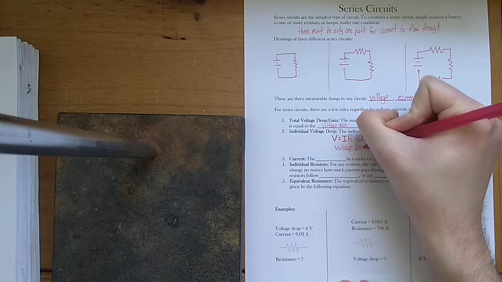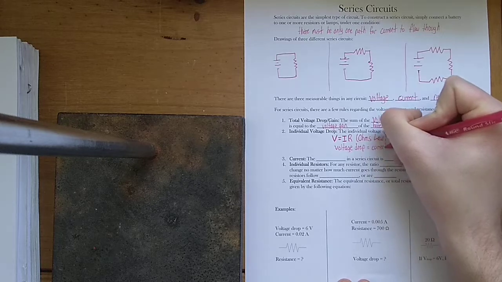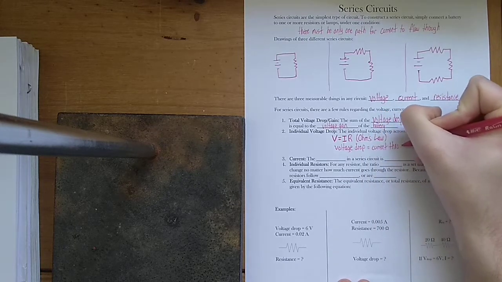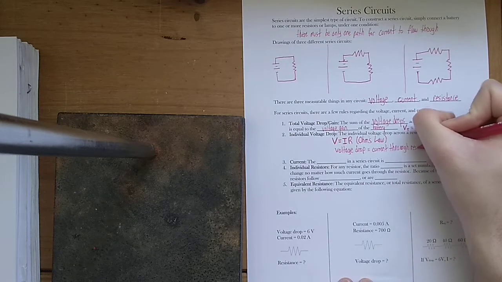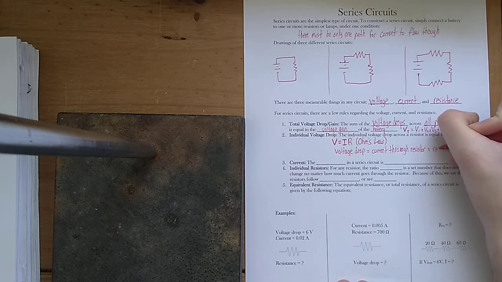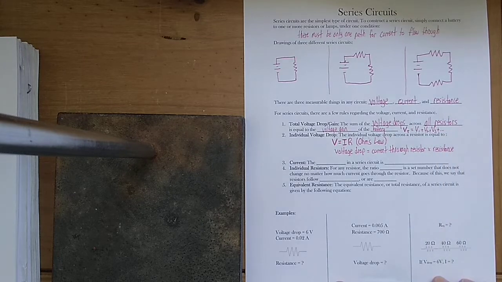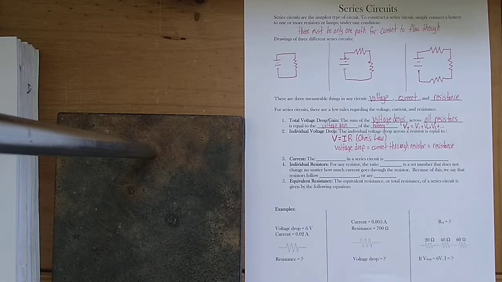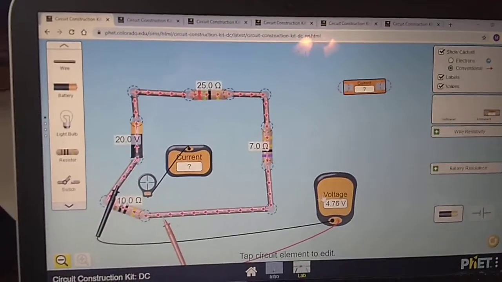Voltage drop equals current through the resistor times resistance. Okay. All right, and we can actually see this whenever we look at any of these individual resistors. Okay. Now, so what we're going to do, let's go back to our simulation, and it's time to bring the